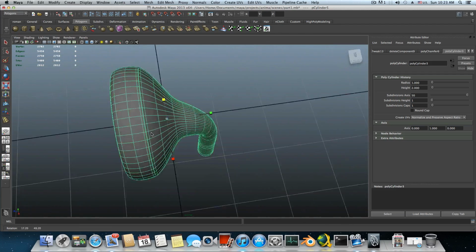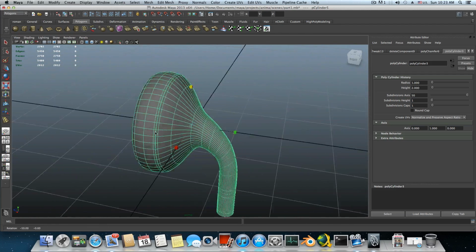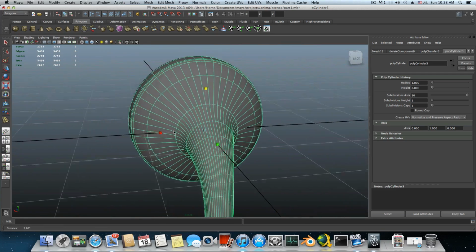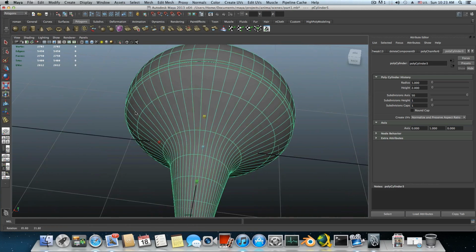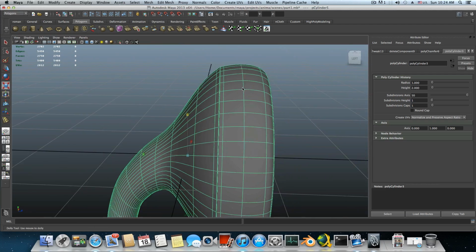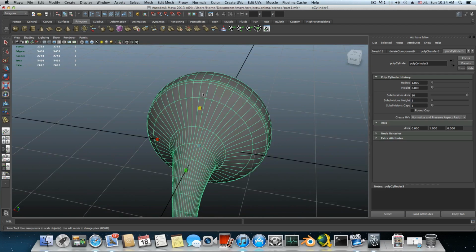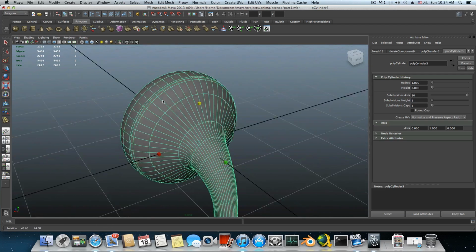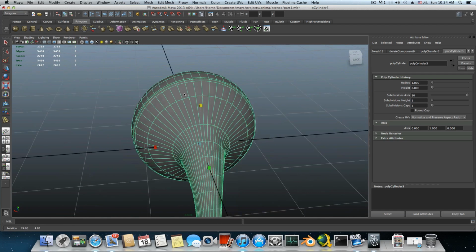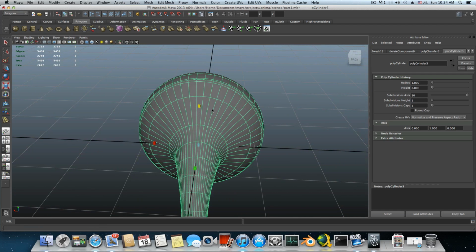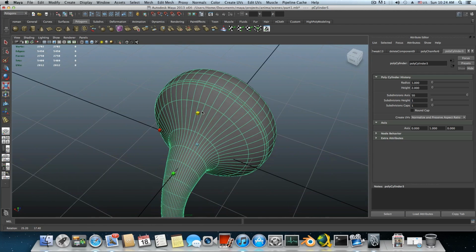Okay, so the last thing I want to add to this object is another 5 holes here. In the same way as we did with the volume controller, it's the same method on how to create those 5 holes here. This is how the iPhone earphone looks. But first